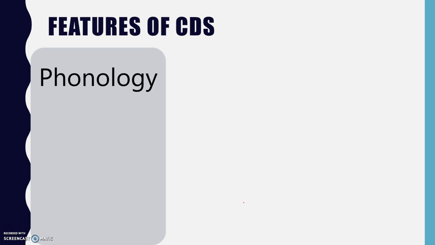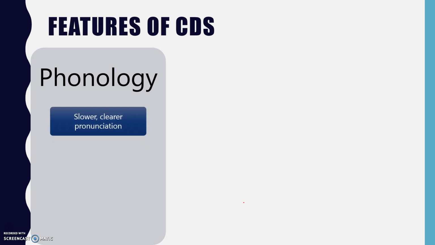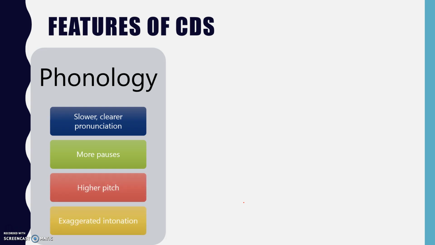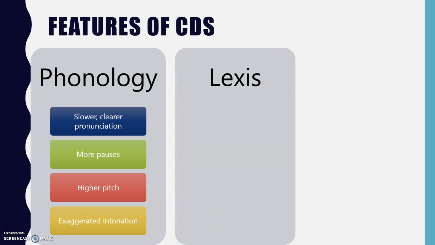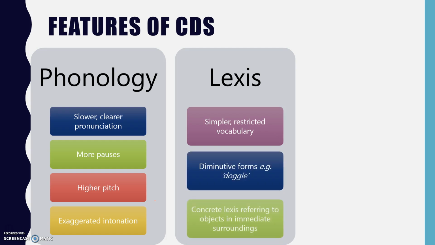Key features of CDS, first of all with phonology. I've grouped them in phonology, lexis and grammar to make it clearer what sections they are in, because sometimes it's helpful. So with phonology there is slower, clearer pronunciation, more pauses, higher pitch and exaggerated intonation to emphasise certain key words. And then lexis, there's simpler, restricted vocabulary with diminutive forms, and concrete lexis, which refers to objects in